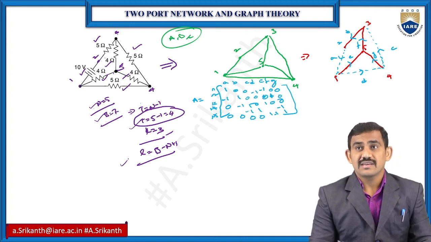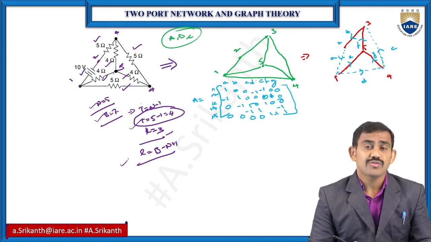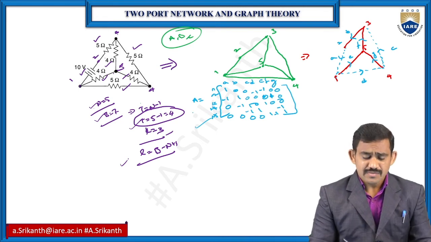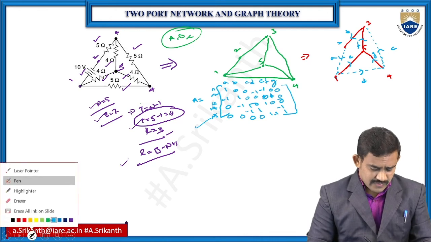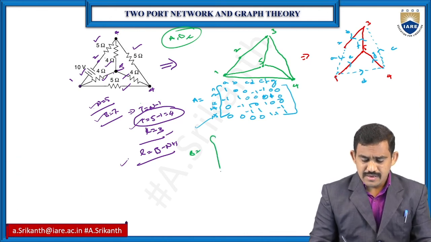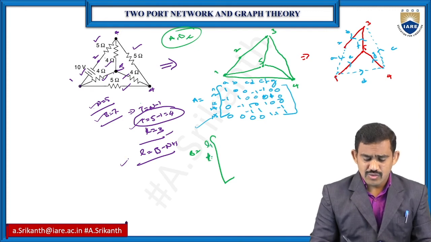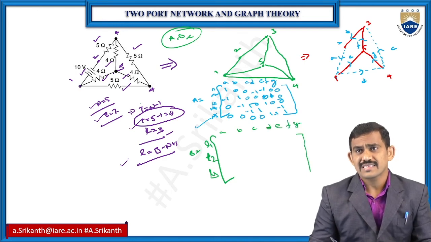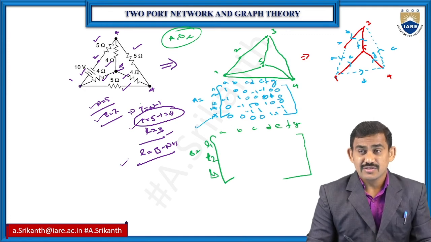So check for each node which branches are connected. Incoming currents are positive, outgoing currents are minus. Then this is your A matrix. Coming to B matrix, go for the links. For B matrix we have the number of links. How many links do we have? Just three links, L1, L2 and L3, and branches A, B, C, D, E, F, G. So branches are common. Now check the links.